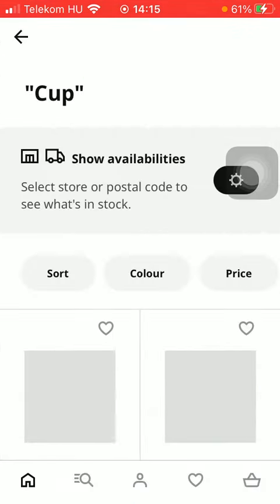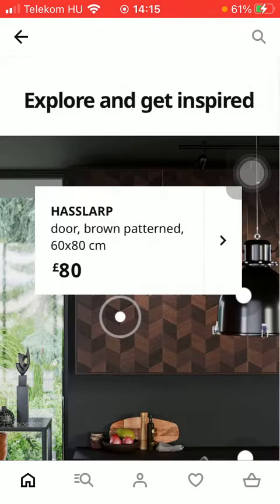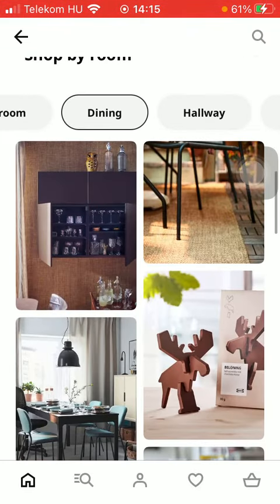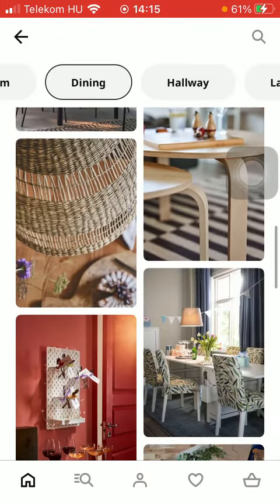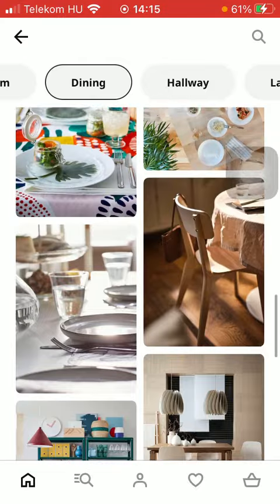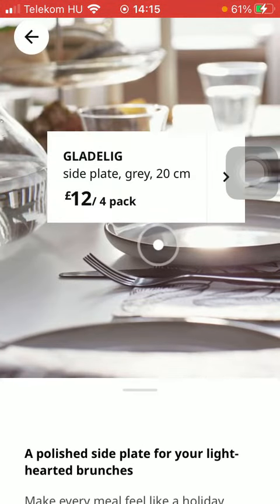Or you can also use the explore and get inspired page. At the home page you need to select from these categories. And now you are ready to get inspired from these pictures. If you see a product that you are interested in, you just simply tap on the picture and then tap